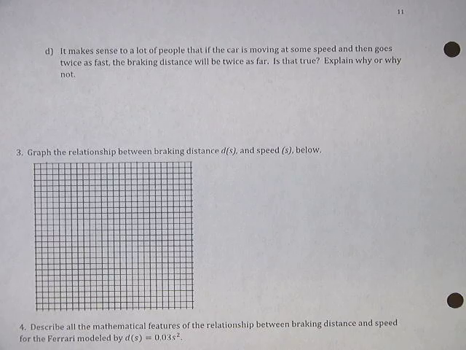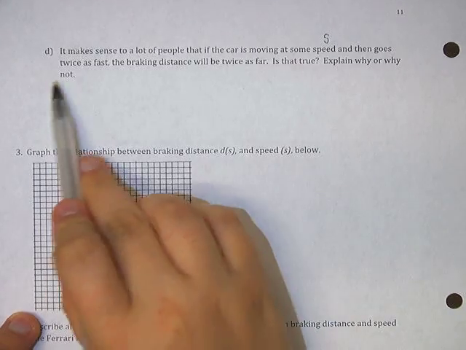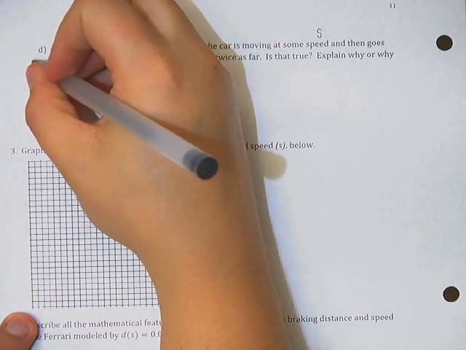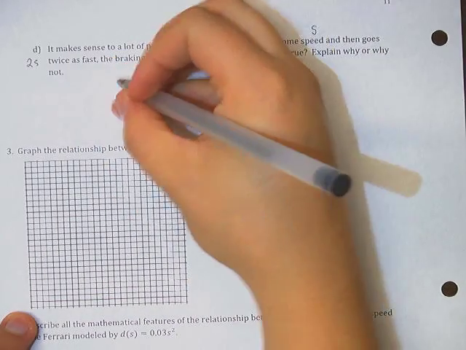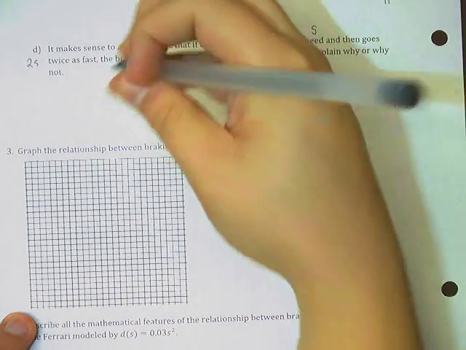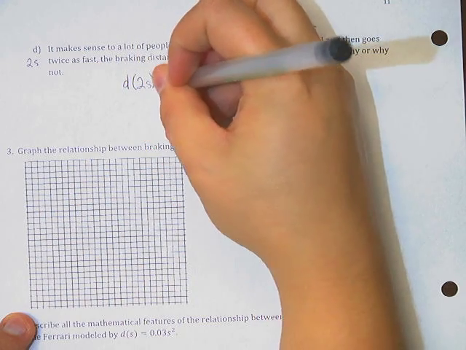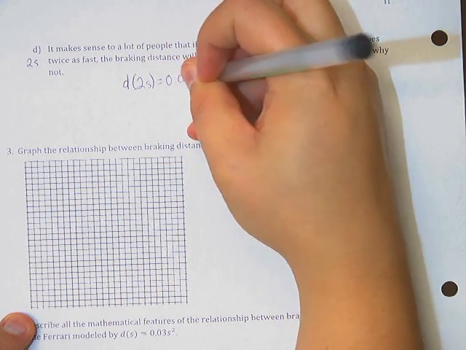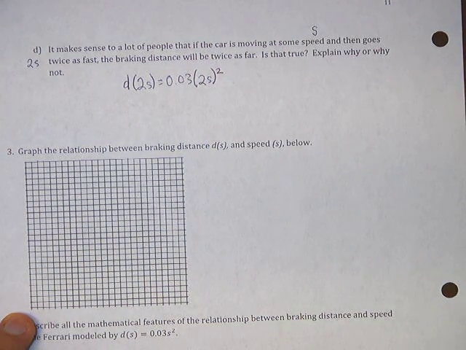It makes sense to a lot of people that if the car is moving at some speed and then goes twice as fast, the braking distance will be twice as far. Okay, so we're going to have our some speed. We're just going to call that S. Now, if we're going twice as fast, that means that we are going to 2S. We're going to plug that into our equation here. So d of 2s equals